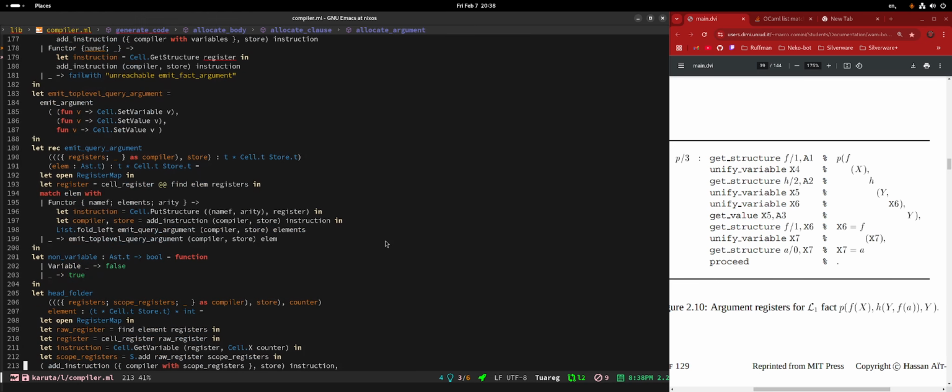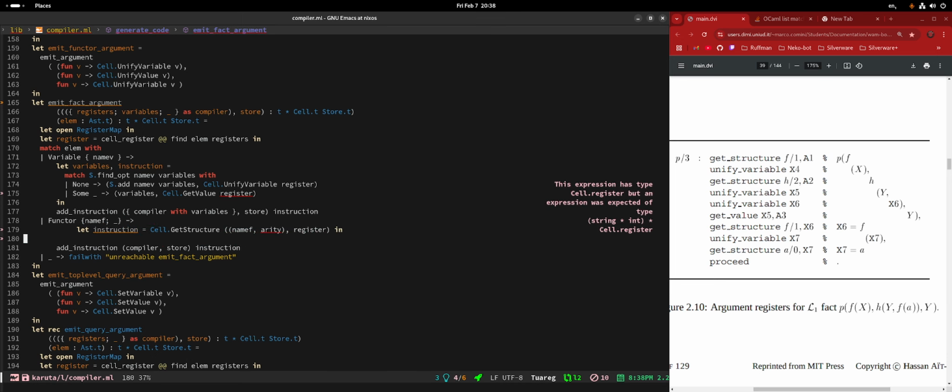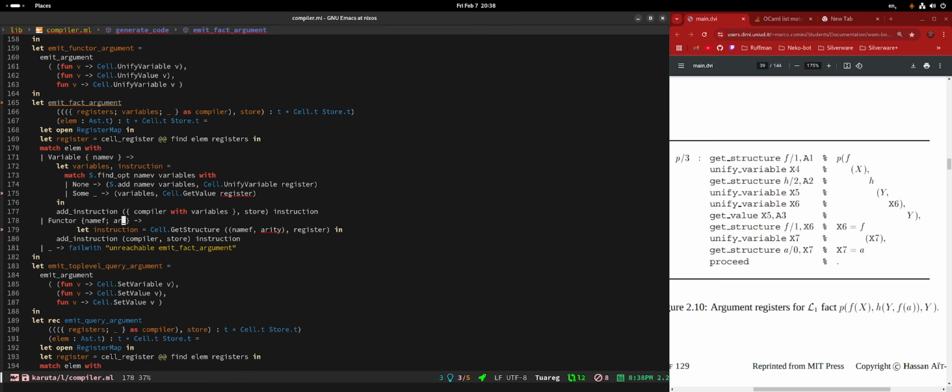There it is. Boom. And you also need the arity, of course. We don't care about the elements, right? Because it's breadth first. We do need to care about the elements, but not at this level yet. I don't think so.